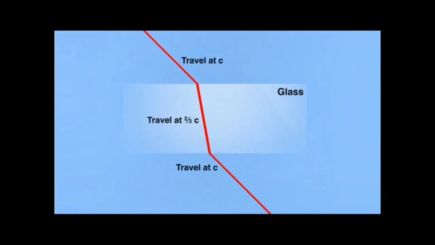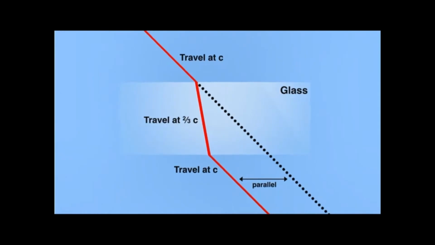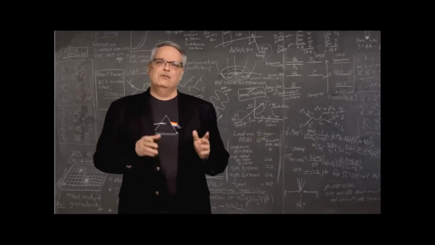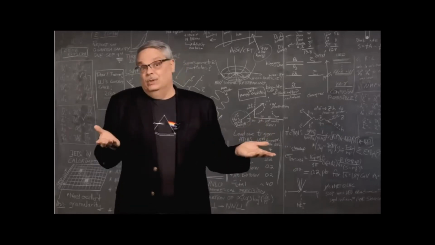That's what happens. In addition, the light emerging from the glass will travel in exactly the same direction. Well, more precisely, in a path that is parallel to the direction of the incident light. The path is offset a smidge to the left, but the angles are the same. So that's what happens. It's been tested, and there's no debate on any of that. So now for the real question. Why does light slow down? And how can it speed up again when it leaves?